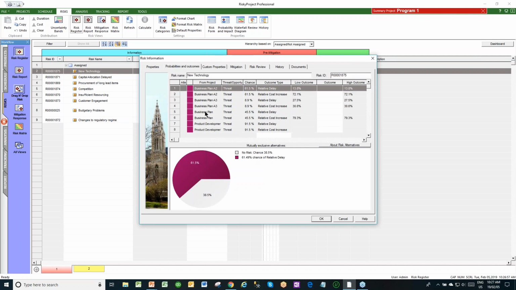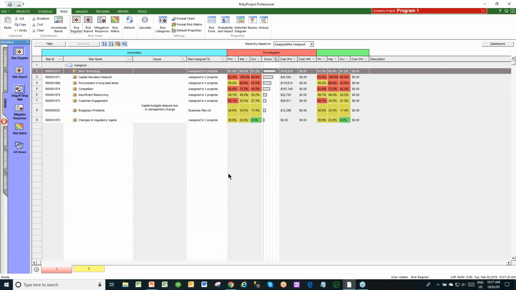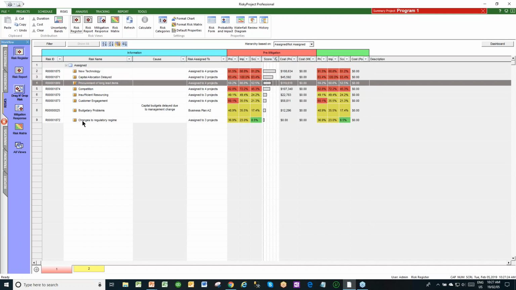On the various business plans we have in here, product development, it's telling us what the outcome types are, relative delay, cost increases, with the percentages on those. And what happens is it gets rolled up. And what this does is start to tell us, if I was looking at this,